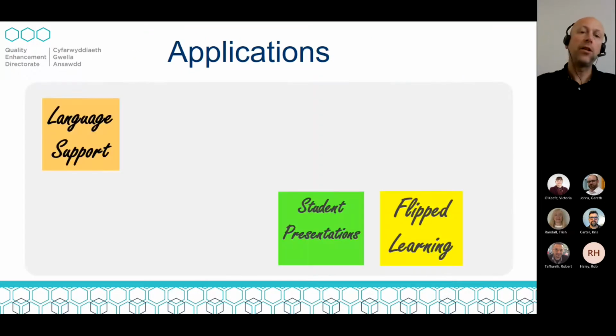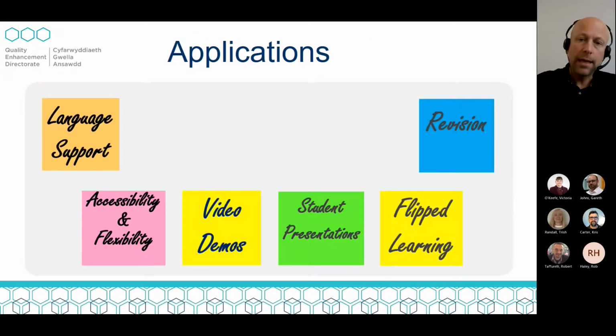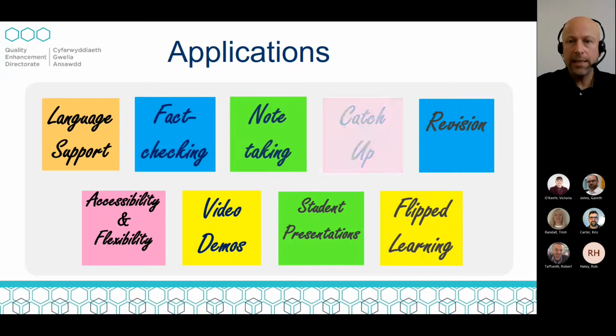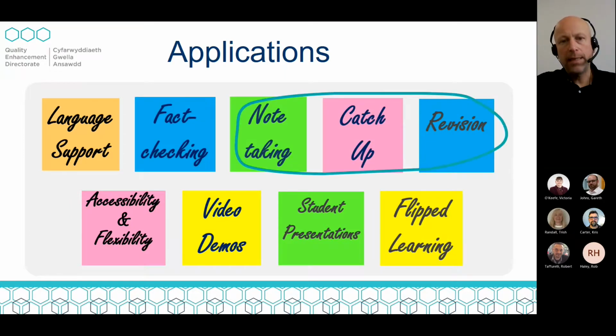In terms of how staff are using Panopto at Cardiff Met, these are some of the use cases. Obviously, because it's recorded content, it's great for catching up if students miss a session or if they're revising for an exam. And I've mentioned that note taking can be done slightly differently. Even if students aren't writing notes into Panopto, what they might do is watch the recording once just to kind of engage with it, get it in their head, and then write their notes the second time around,